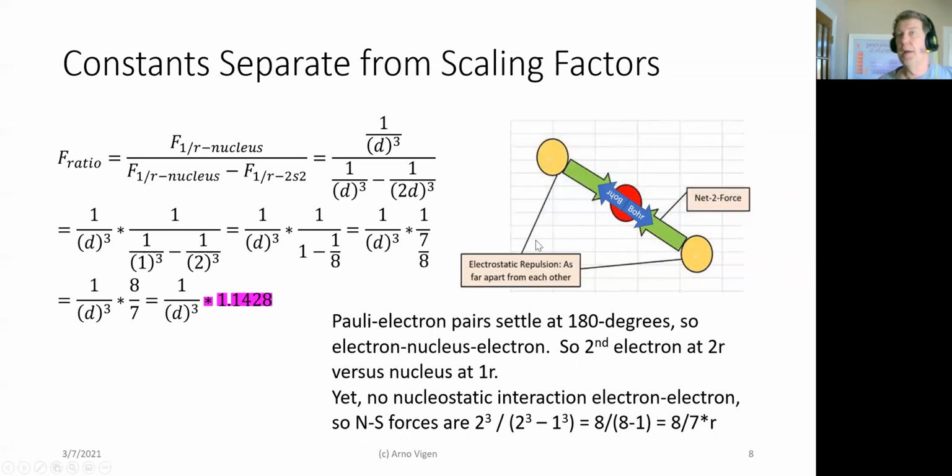Nucleostatic is only expressed where one of the particles is a color particle, and there is a change in the strength. In other words, a plus and a plus wouldn't do that. A minus and a minus would not do that. So that leaves them with only electrostatic. They want to be as far away from each other as possible. So this is probably very confusing for young students